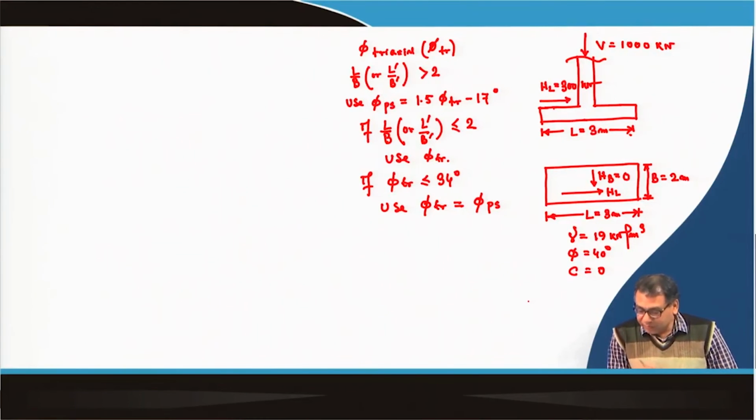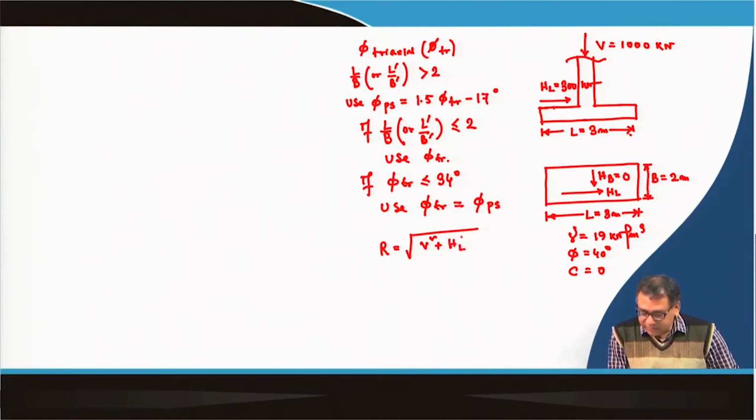And then for one more condition: as I mentioned in the previous problem, I gave the inclined load directly and the inclination. But in this problem, as a basic need, you have to know whether the horizontal load is parallel to H or B. So it is given like this. You can convert it to an inclined load also by using this equation, or just take the resultant, that is, square root of V square plus H